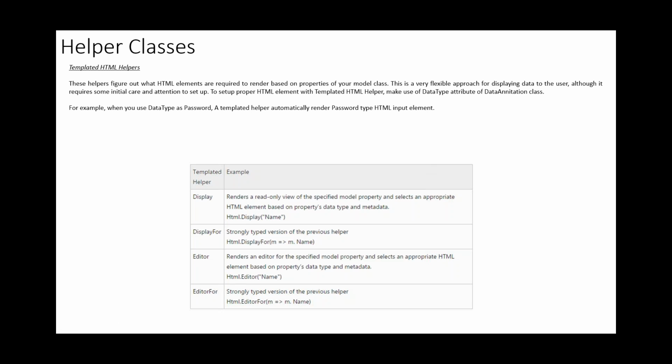Templated means these are common helpers, but what they do is use the properties or attributes you used for that control. Based on that, DisplayFor displays the name of that control, the field name, and then EditorFor will edit the text, it will create a control. This is a templated control, meaning it can be used for anything. Template EditorFor means that based on the property type it will render the control according to your needs.